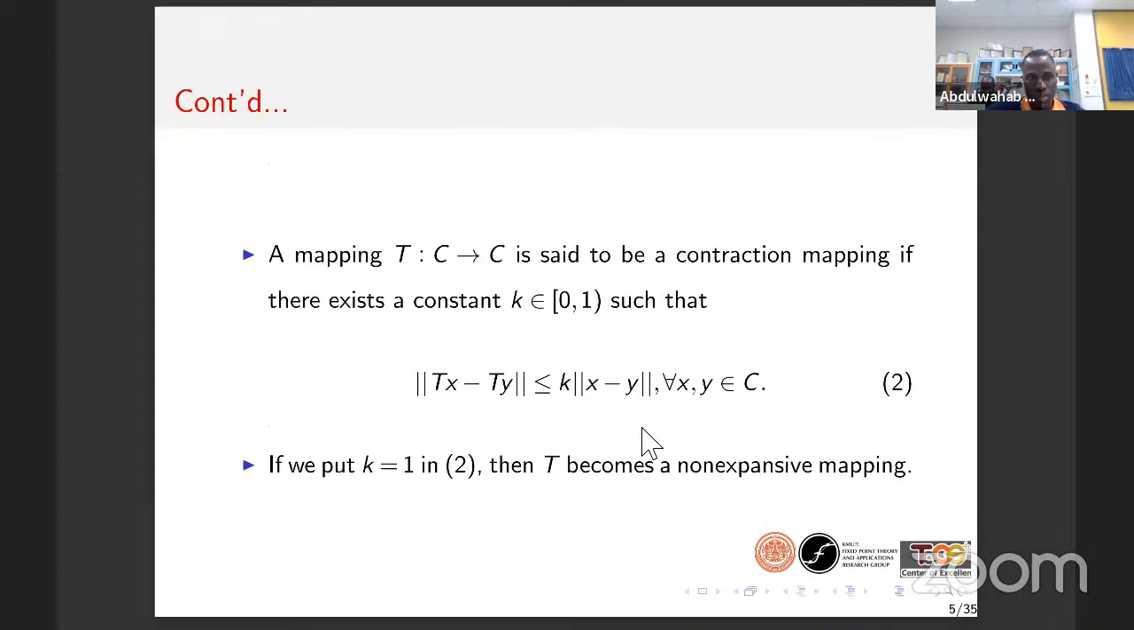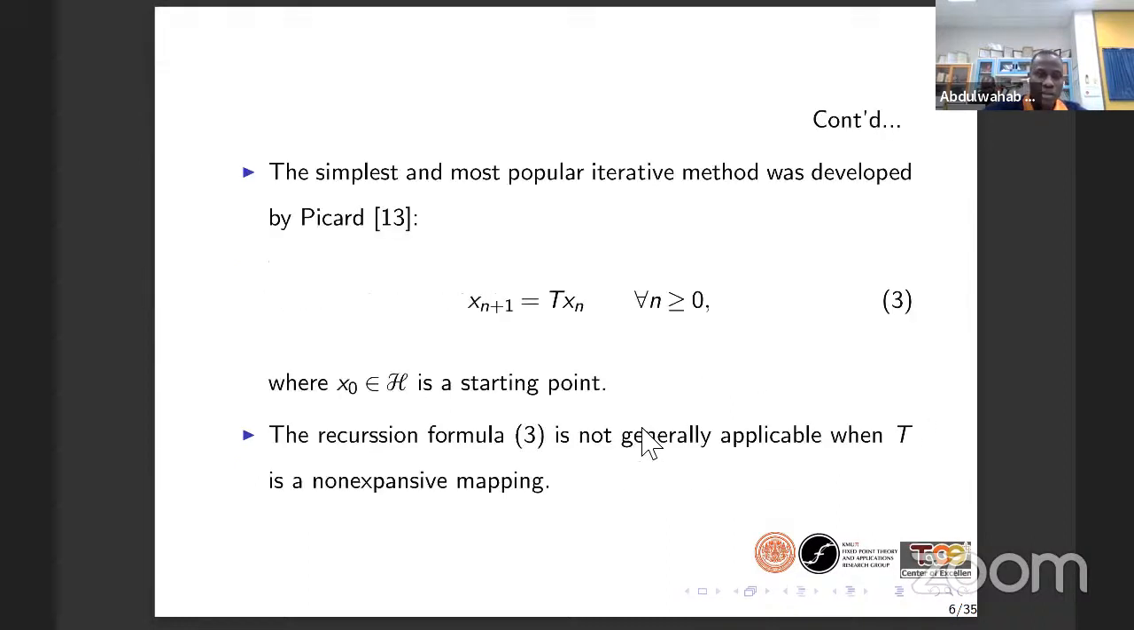The second concept is on the best methods to be employed for approximating such solutions. Up to date, iterative methods remain the best alternative for finding solutions to fixed point problems. And the earliest and most popular iterative method for finding a solution to a fixed point problem is that of Picard,